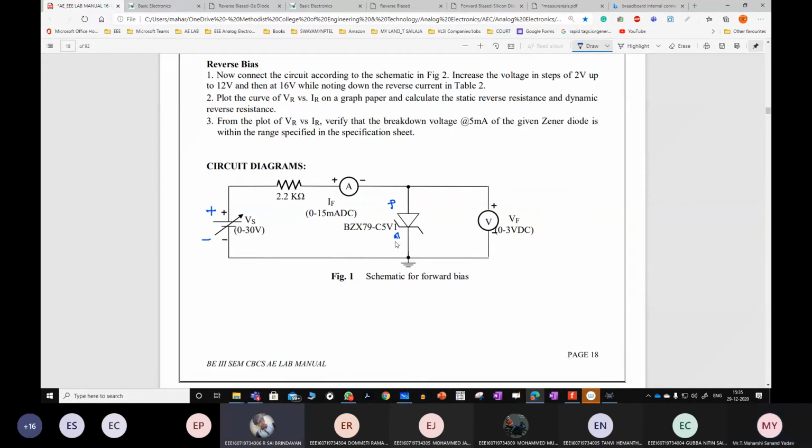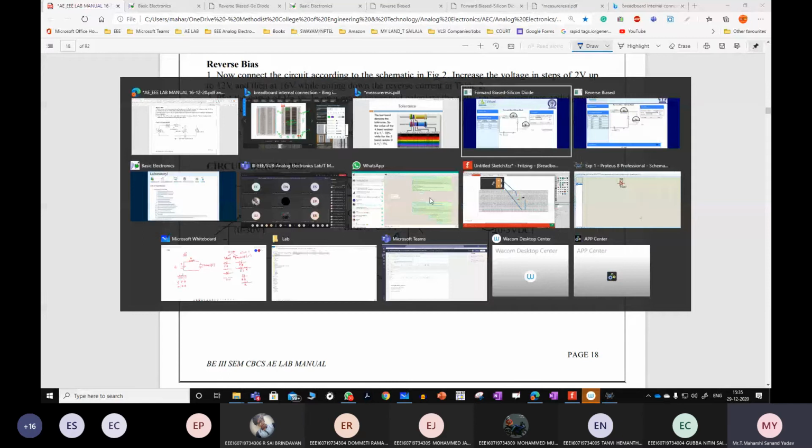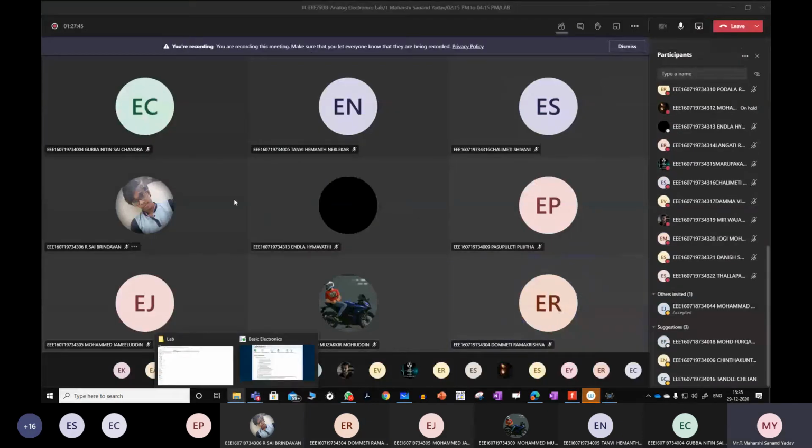Positive to positive, sir. It is forward bias. So what will happen? What is the minimum amount of voltage that is needed for this diode to act as a short circuit? Better I'll open the theoretical part that I've explained, so that at least you will remember that concept. Let me open.